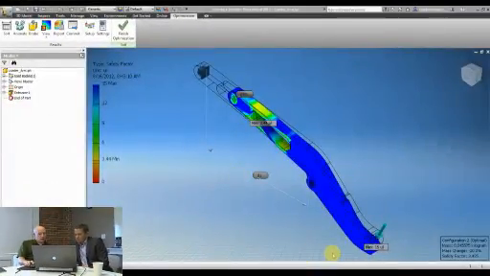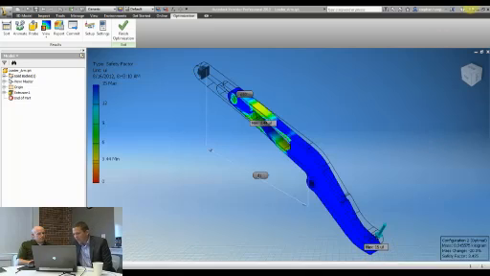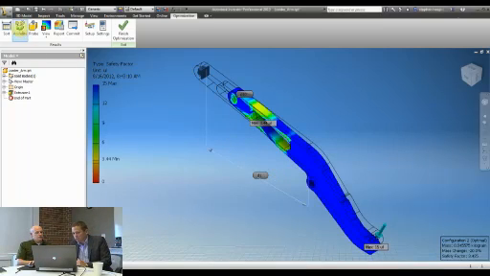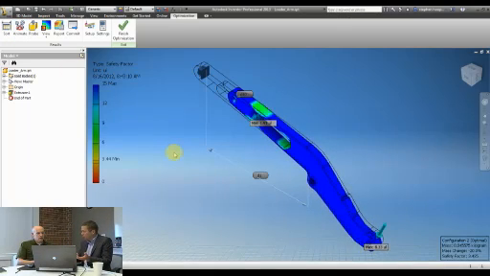So let's go back here and see what the results are of the optimization. What you should be able to see now is the original outline in black here, which shows what that part used to look like before we ran the optimization. The coloured part is showing us the optimized part, so the computer has made the decision to shorten the part, and the colours are representing the different loads that are actually on the model. So if I animate this, we can see that by applying that load onto the model,